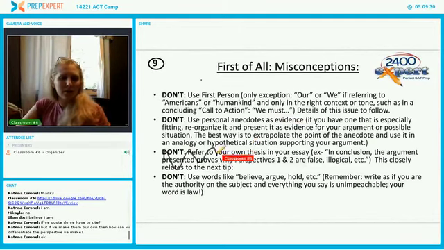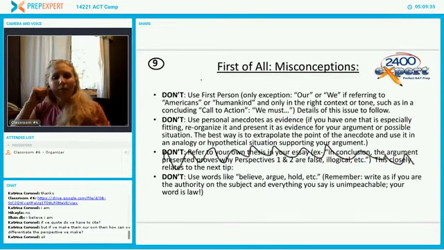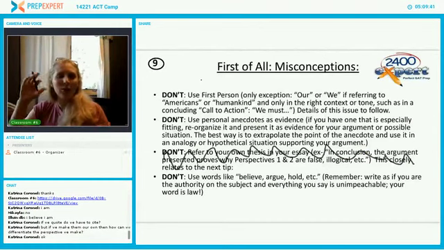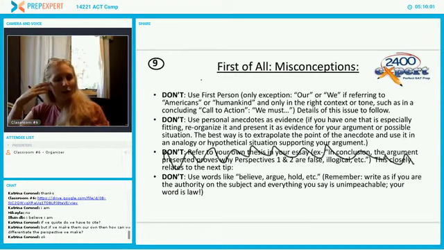Okay. Don't pay attention to this because it's confusing. But don't use words like believe, argue, or hold. You want to always be stating things as if they are a fact. Okay. So don't use words like believe, argue, or hold because they make it sound like your arguments are just your beliefs and not a fact. Okay. And that makes them less strong. Do politicians say, I believe this is true, or do they say this is true? They say this is true because